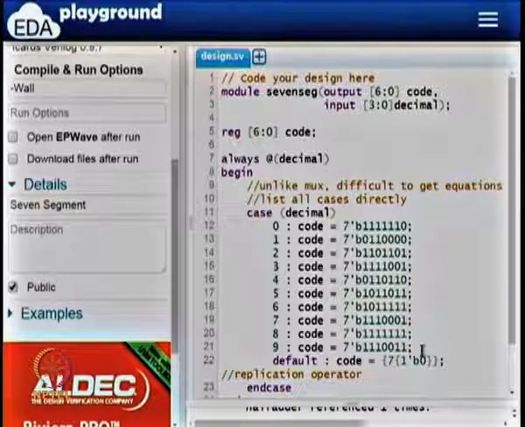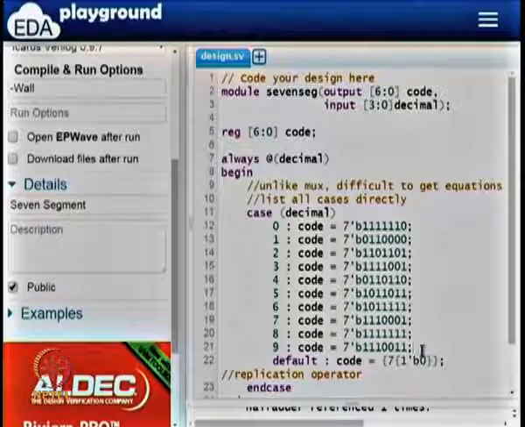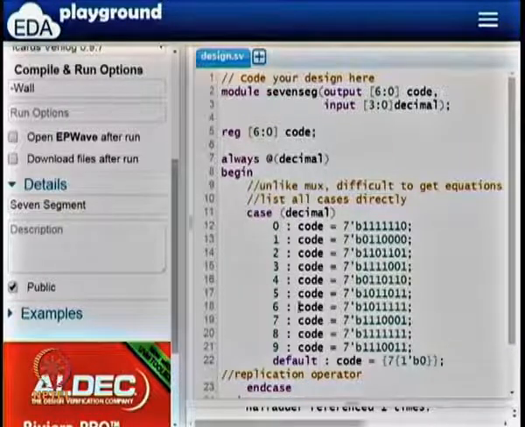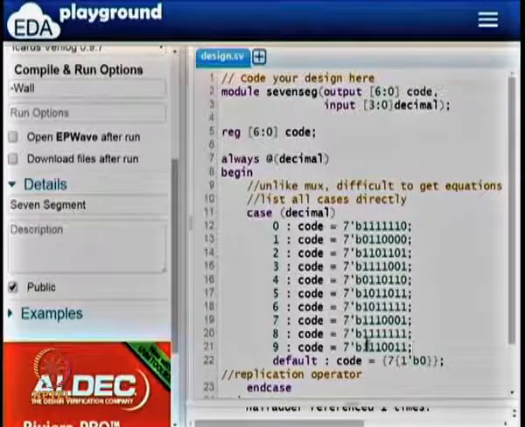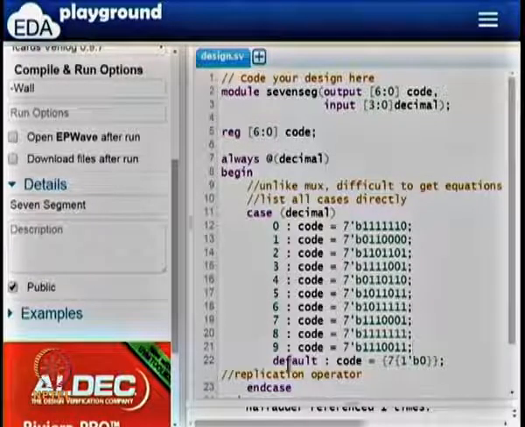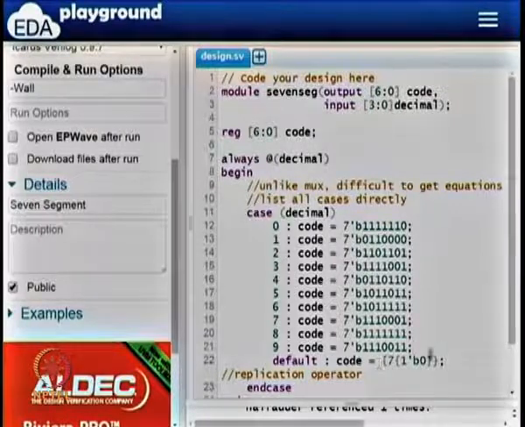Whenever you know equations, you use the assign block. If you do not know the equations but you have a lot of choices, and for each choice you want to specify what a certain output bit must be, then you use a case statement. In this case there were 16 choices, and for the 10 choices these values were all different, so I assign for each of the 10 choices. For choices from number 10 to number 15, the last 6 choices, I want all of them to be 0, so if it is not any of these they get 0.